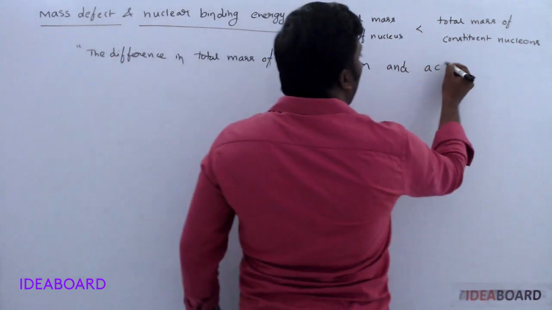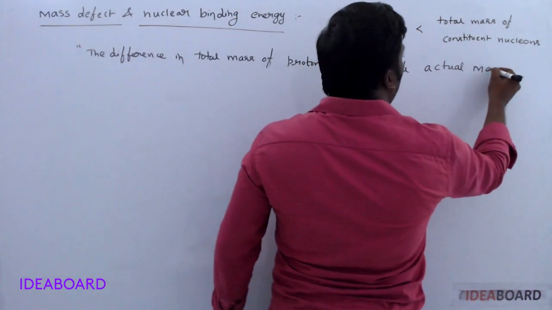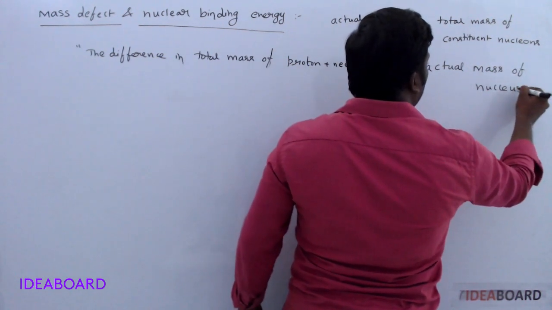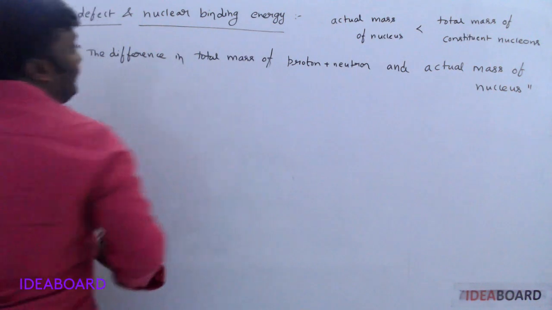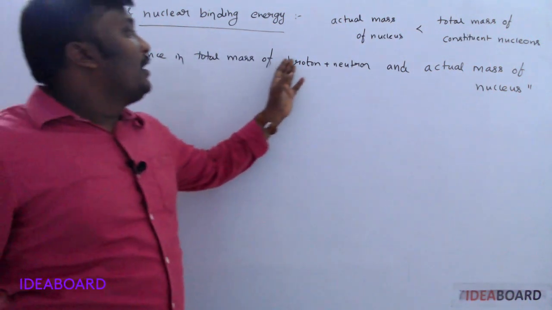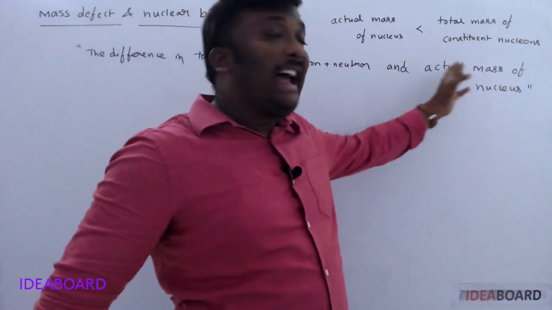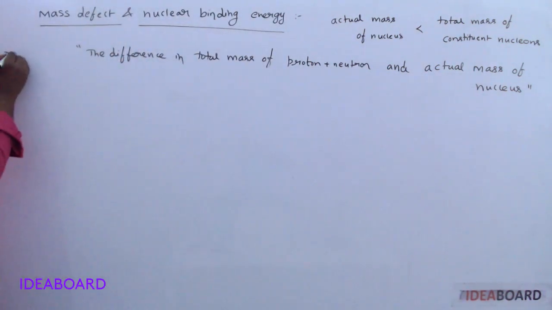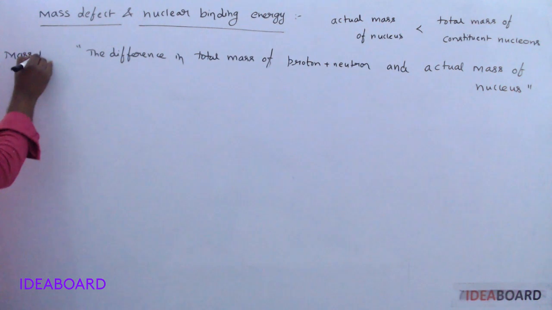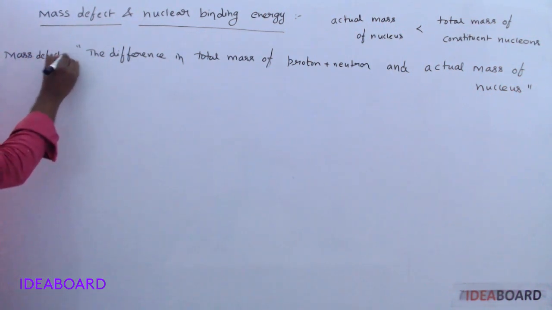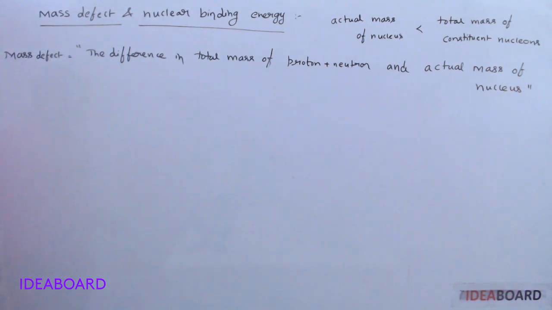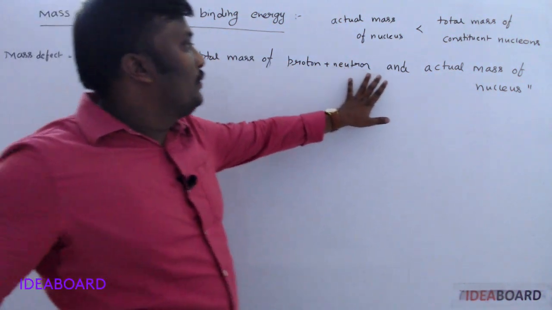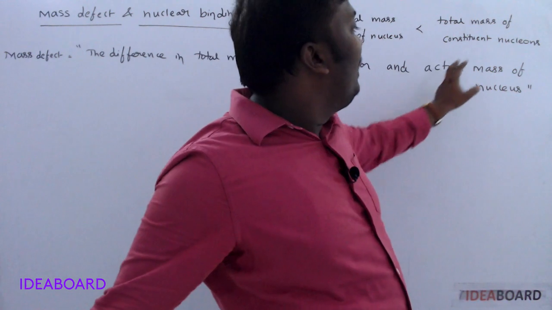and the actual mass of the nucleus. The difference in total mass of proton plus neutron and actual mass of the nucleus is named as the mass defect. So mass defect is defined as the difference in total mass of protons and neutrons, proton plus neutron, and actual mass